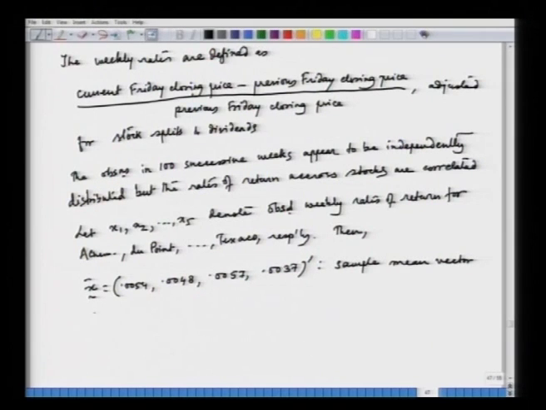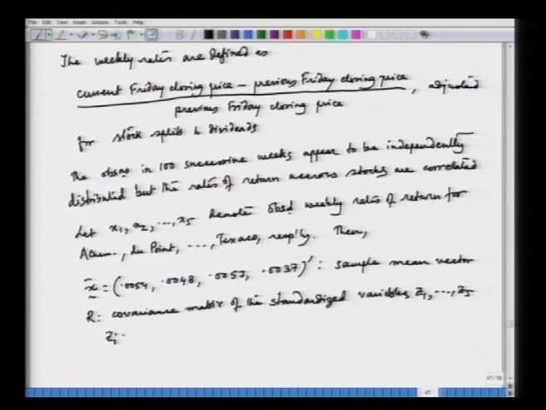And we have the correlation coefficient matrix of these stocks. So, the covariance matrix of the standardized variables, we have denoted standardized variables by Z. So, this is Z1 to Z5, where Zi is, as we have said, nothing but xi minus xi bar by root Sii, right. This is true for i from 1 to 5, and this matrix is